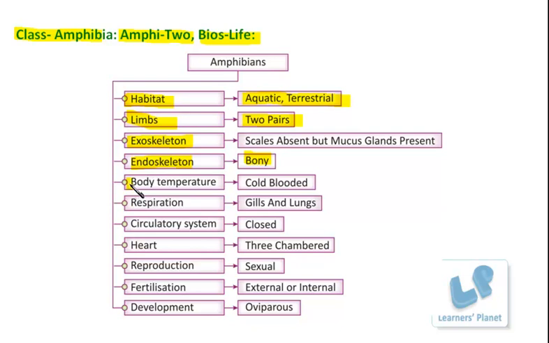Besides this, the body temperature in these organisms is not constant. It changes with the surrounding conditions, and thus these organisms are known as cold-blooded organisms. Since the body temperature varies with the environmental temperature, when the conditions are not favorable with respect to the temperature, these organisms cannot survive in a proper way, and for such